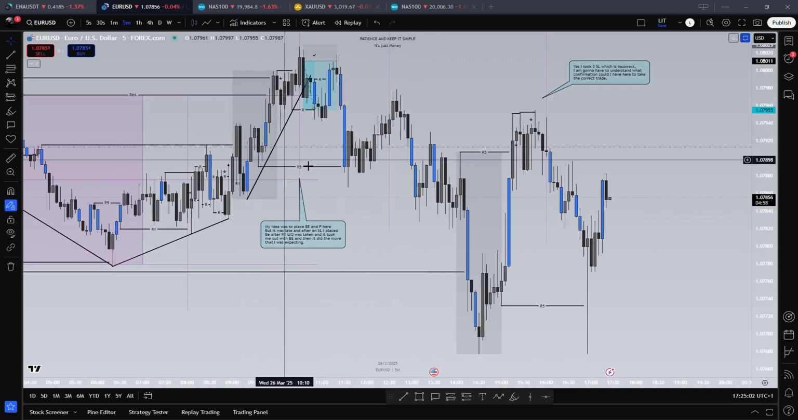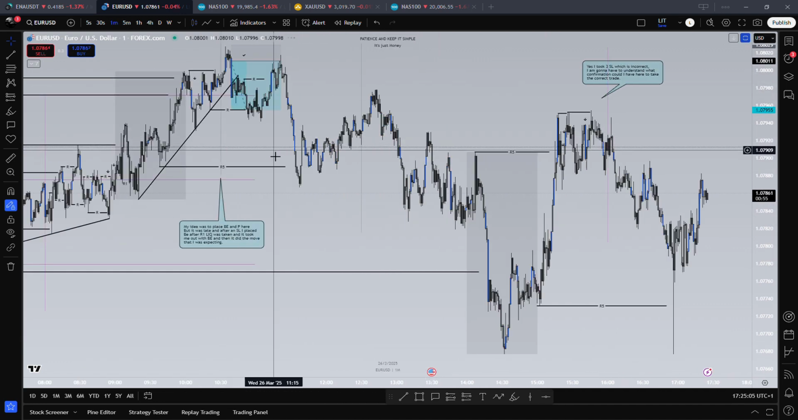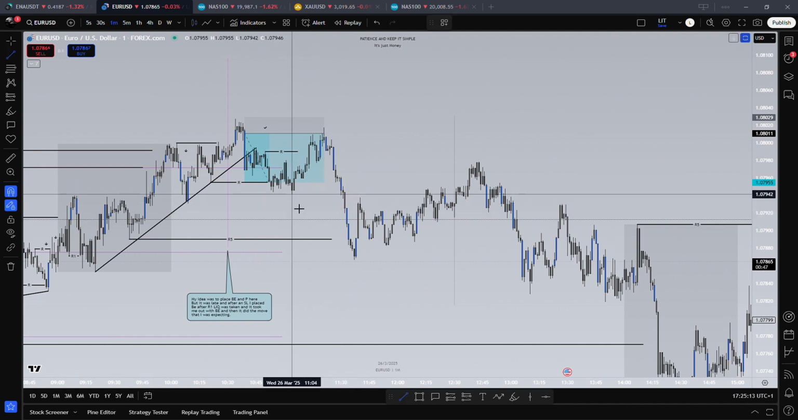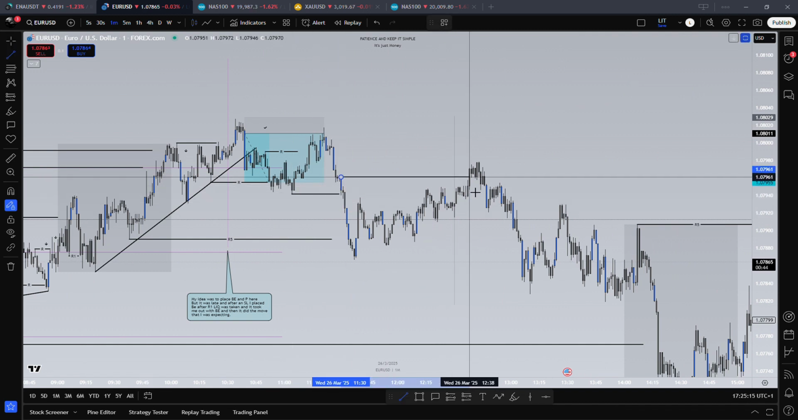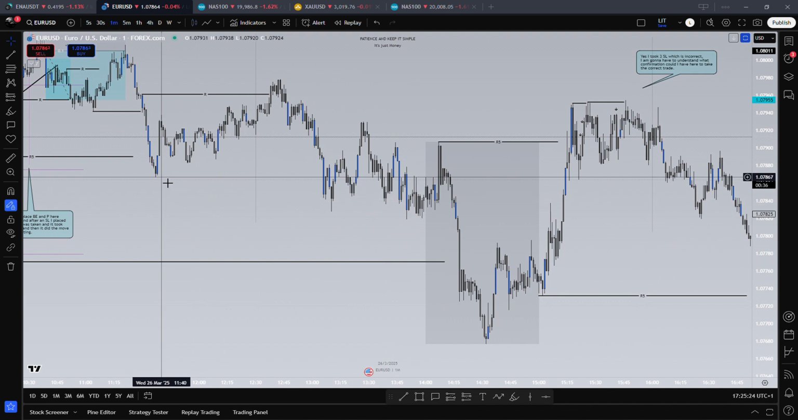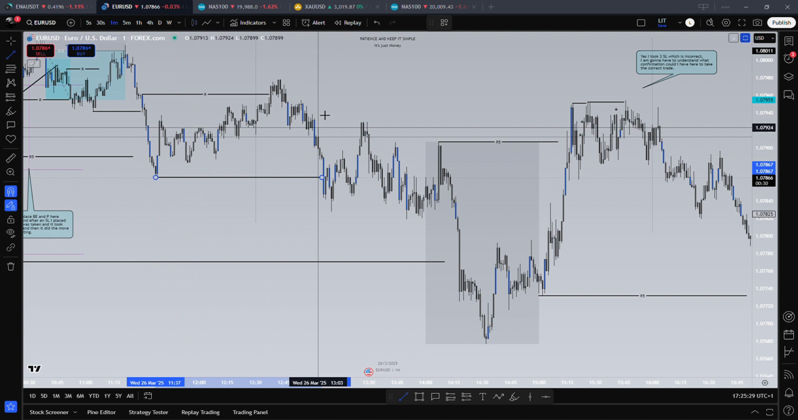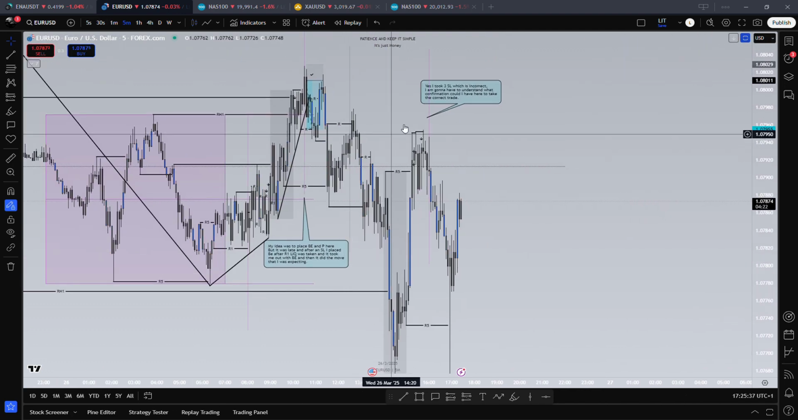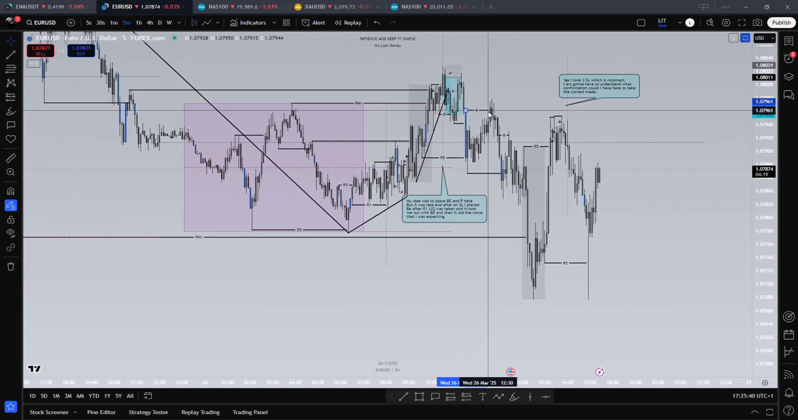Okay, then we had this take of liquidity, and probably this is the relevant liquidity. Yeah, as you can see, perfect take, and we go down and we break here, relevant liquidity take, and we go down again. Well, after this,